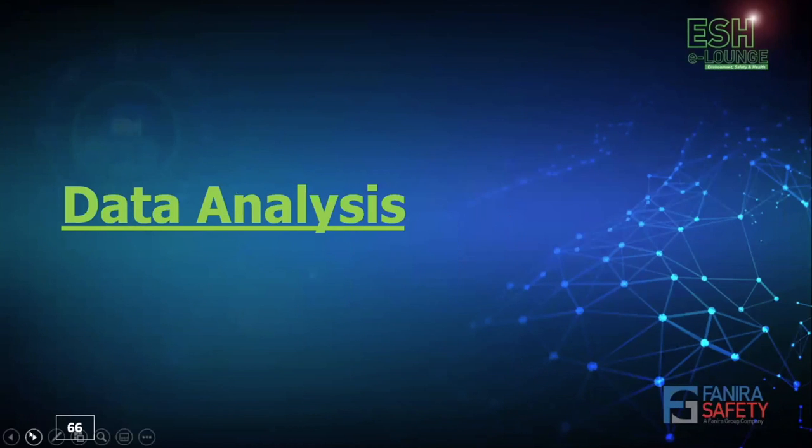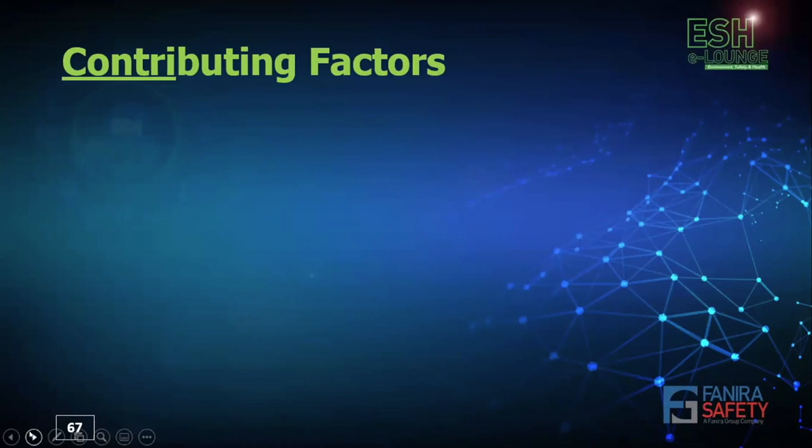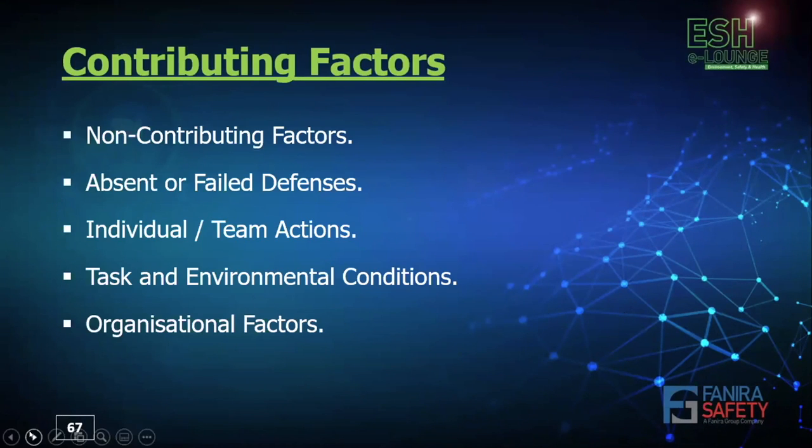So once you've done your timeline and you've done your 5 whys, the next stage then becomes the analysis of that data that is presented. So the key things to consider is what were the contributing factors. It's important to identify the non-contributing factors, and then what were the absent or failed defenses, what were the individual actions that may have taken place. We then look again to our task and environmental conditions and the organizational factors. So it's now about reviewing your timeline and 5 whys,